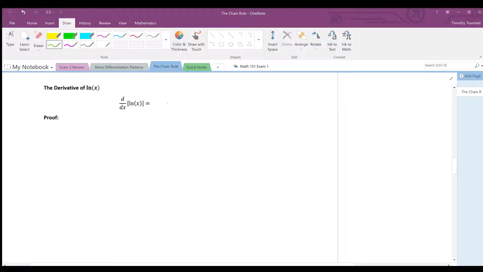We have a new derivative here. So the derivative with respect to x of the natural log of x is just 1 over x. Okay. And we can now actually prove this using the chain rule. Let me just write something here. So from the chain rule,